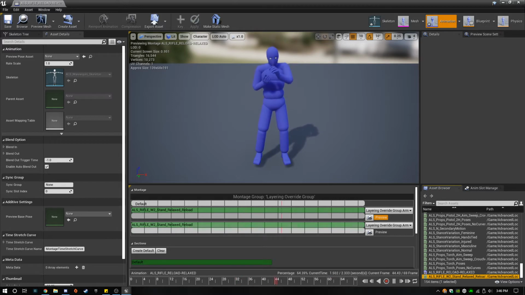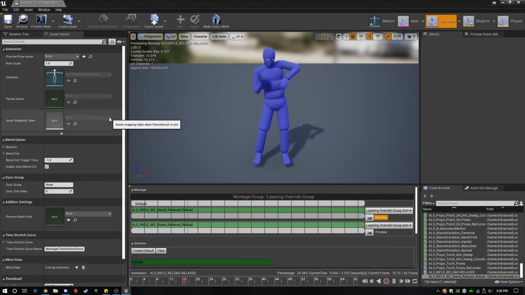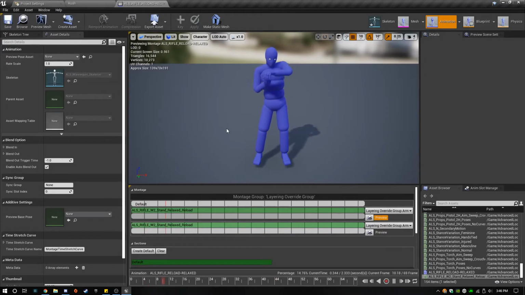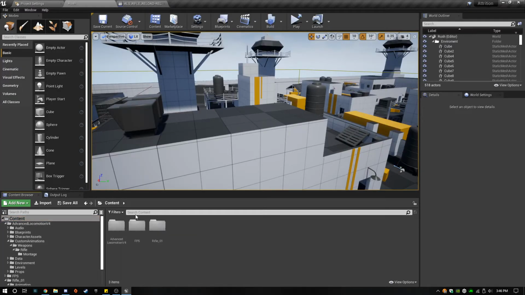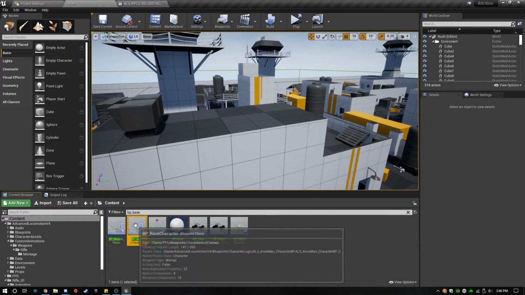Okay, that works. This doesn't really matter which. Okay. Sweet, so we now have a rifle reload thing. Now we're going to open up our BP base character right there.